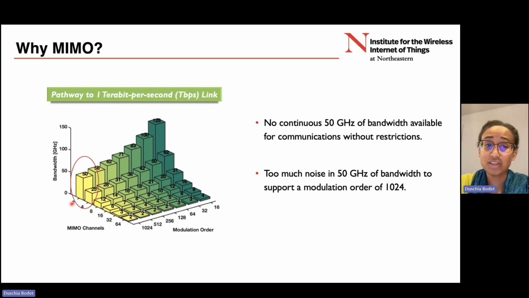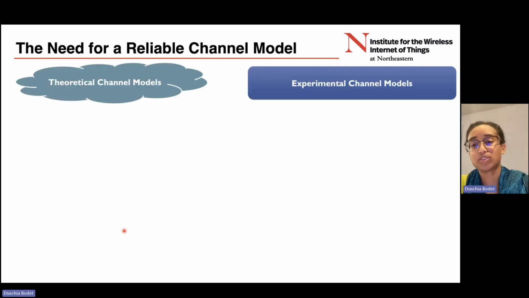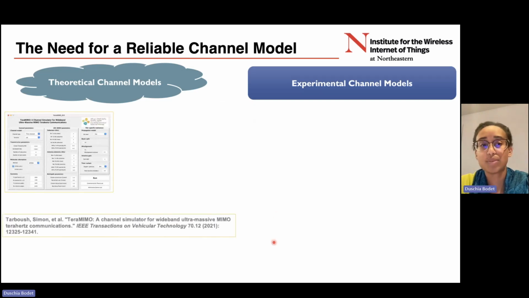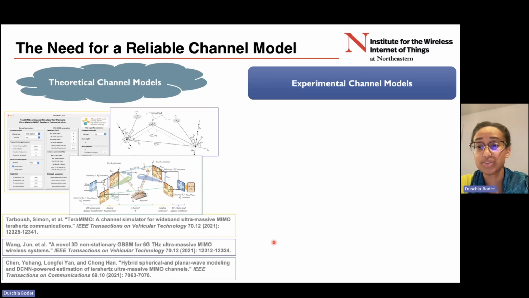So we're definitely going to need more MIMO channels. We're also definitely going to need more than 2 MIMO channels. But to build sub-terahertz MIMO channels, we're going to need a reliable sub-terahertz MIMO channel model. And there's been a lot of theoretical models that have been presented in literature, which is really great. But ideally, we're able to verify these theoretical models with experimental models. But the problem is there aren't that many experimental platforms that are able to reliably characterize a sub-terahertz or terahertz